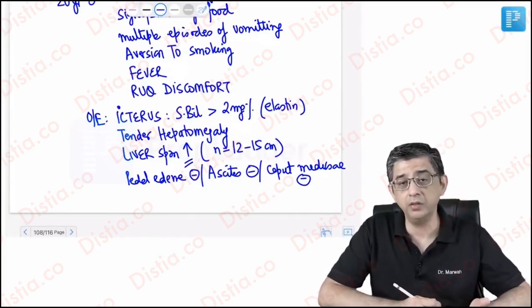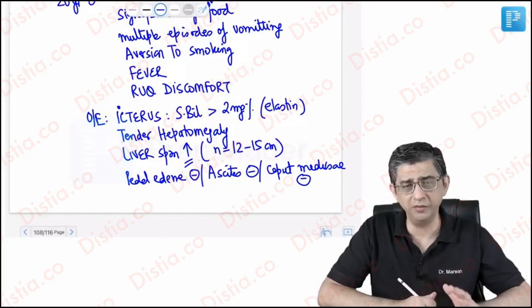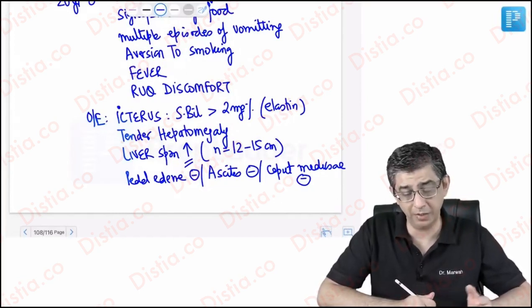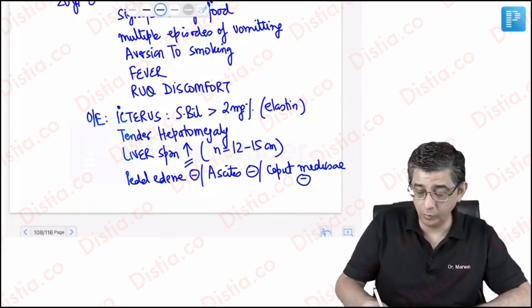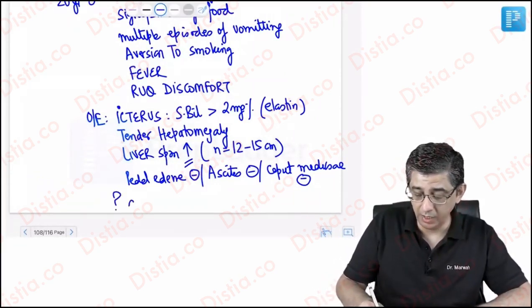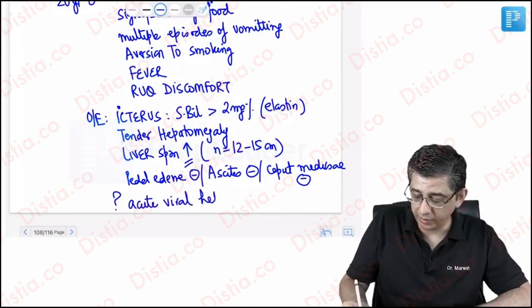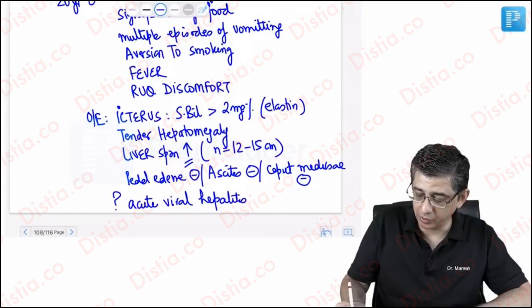But you can see the way I've written the data, I have tried to rule out all the common findings of chronic liver disease that occur in a patient, the decompensation part. None of these are present. So I can, at the moment, on the basis of the history of this guy, assume that this guy is having acute viral hepatitis. And why have I not written about the personal history of the patient is because most of the time